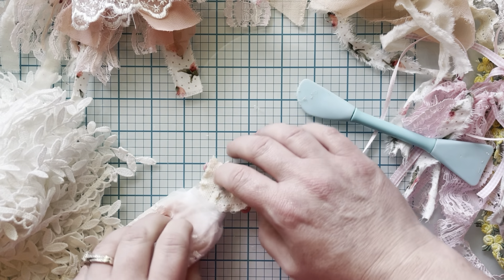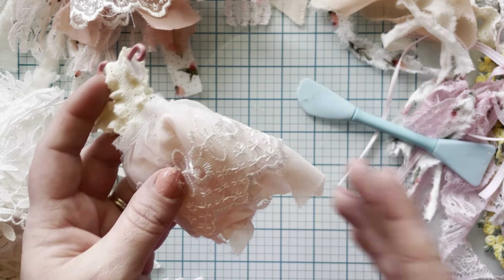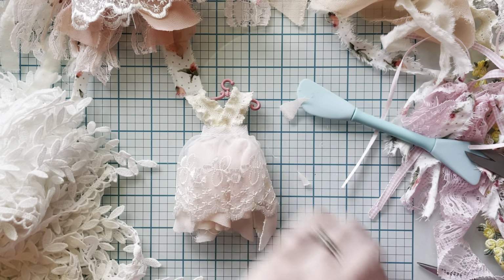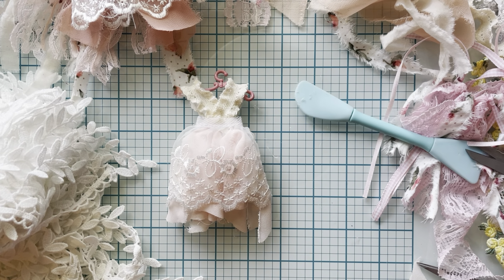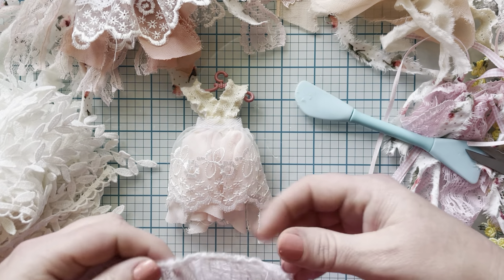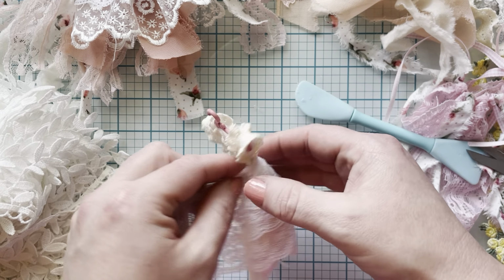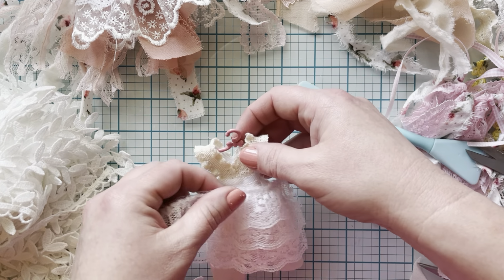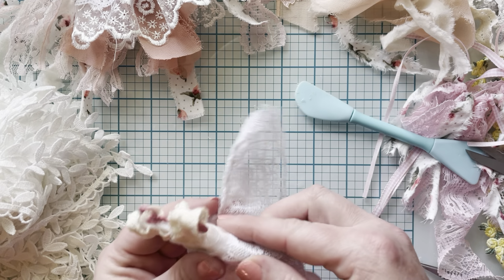Come on honey. Okay, so we have this so far, and you see how our little skirt's uneven, you can cut that and even it out, you see. So it can all be cut, but in the end you're not even going to see that. That's a non-factor. Okay, on this one we grabbed another layer, and this might be all I have left of this one. So, and I feel like her bodice is way too short, so we'll try to go down a little bit with this one because I need that bodice